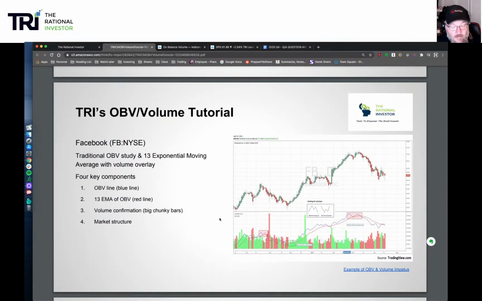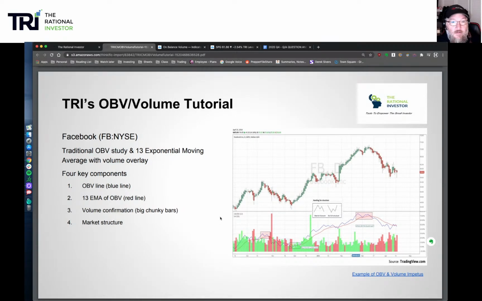So an example here. We have the OBV study, which is the blue line in this chart. The red line is the moving average. We use moving averages a lot because moving averages give us a good picture of what the trend has been. When we see moving average crosses, that gives us an indication that whatever we have that moving average on, whether it's an indicator or whether we're talking about moving averages in price action, which we'll learn more about in level 2 specifically,